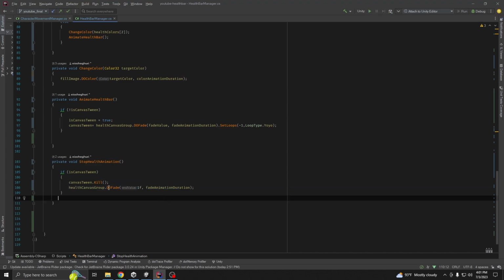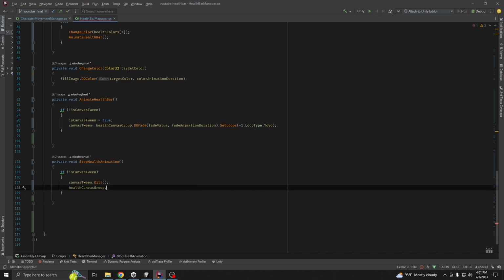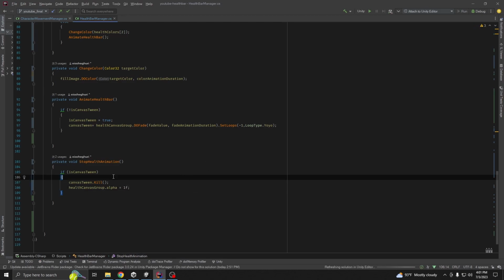Let's not tween it, let's set alpha to 1. Okay, now we are manually assigning our value. If let's say our value goes from 1 to 0.7 and we are stopping at 0.8, then we want to reset it to 1. Okay,